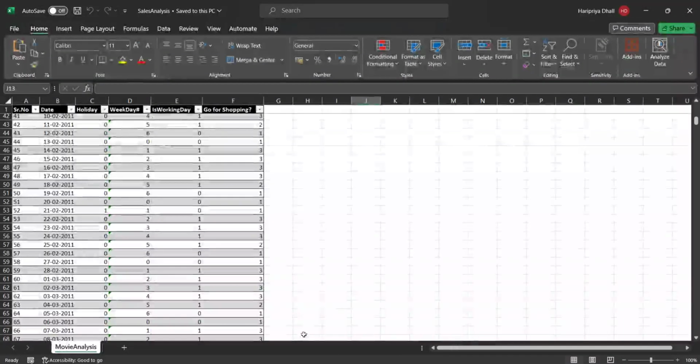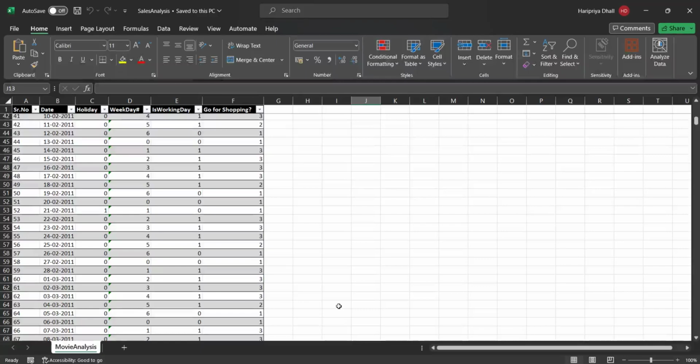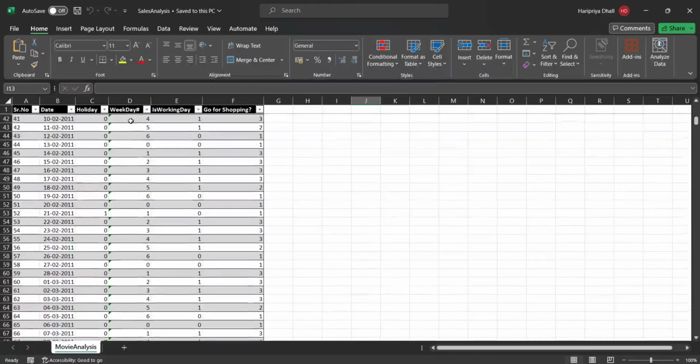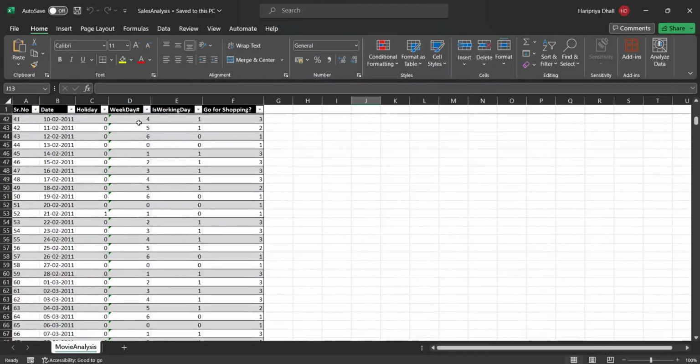So this is the sales analysis table, which contains columns like serial number, date, holiday, weekday, is working day, go for shopping. So we will predict whether the person is going for shopping or not. So what is the scenario where the person is going for shopping or not? If it is holiday and the weekday is 4,